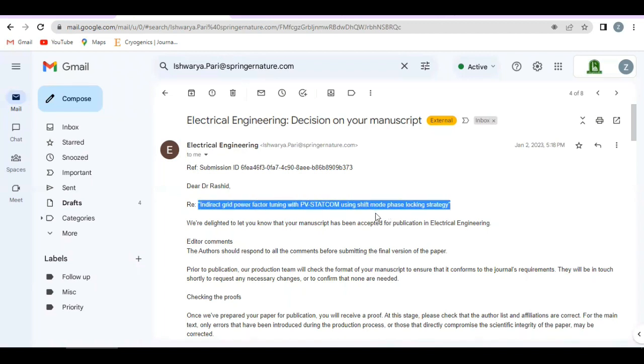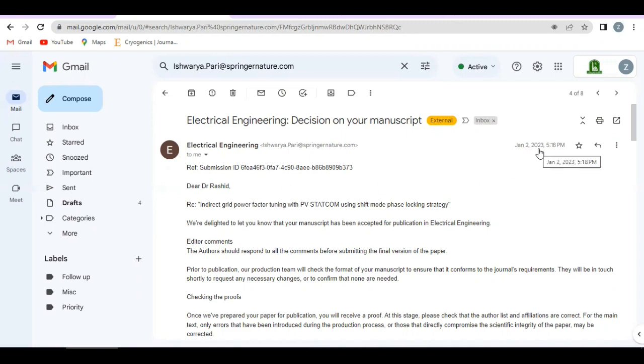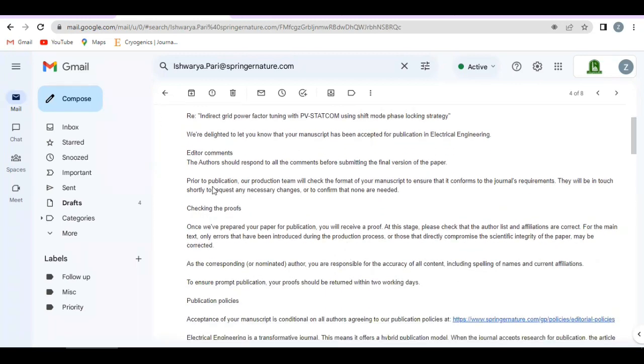I submitted this manuscript a little while ago, and on 2nd January 2023 I received the revision of this manuscript, and that manuscript actually received a minor revision, and it was written that the manuscript is accepted for publication after the minor revision. So the editor has written that the authors should respond to all the comments before submitting the final version of the paper, and